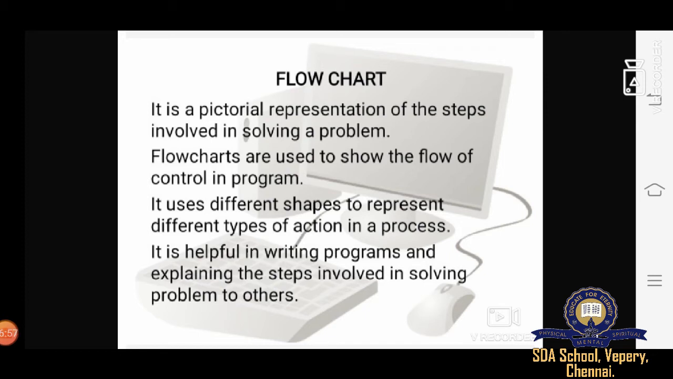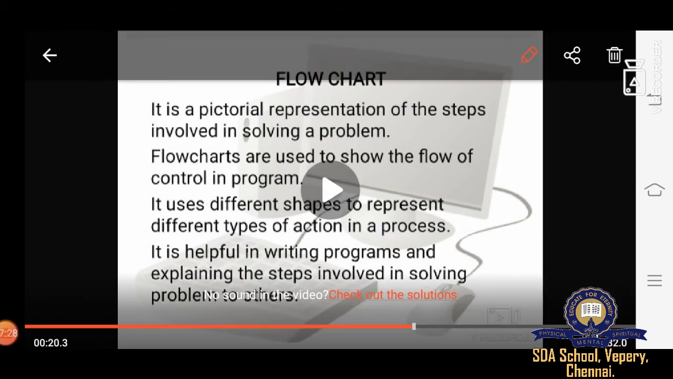And flowcharts are very helpful to us in writing programs and explaining the steps involved in solving a problem to others. Flowcharts are used to show the flow of control in a computer program. Flowcharts have different shapes to represent different types of actions in a process. Some of the standard symbols used in flowcharts are,